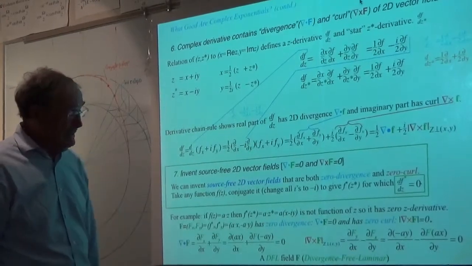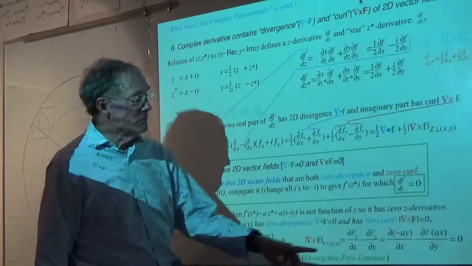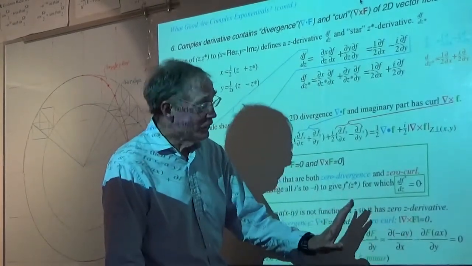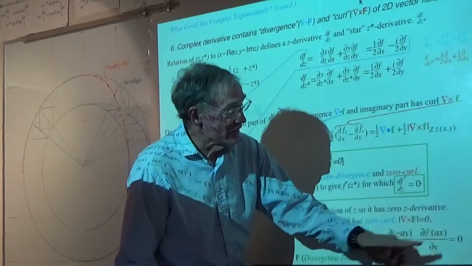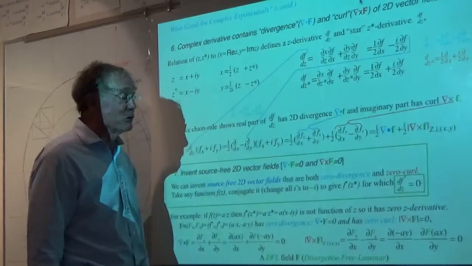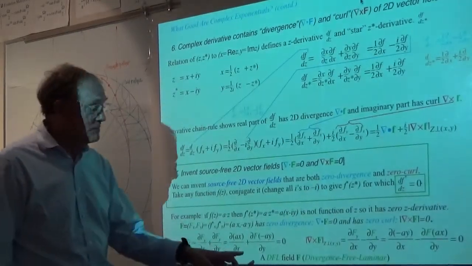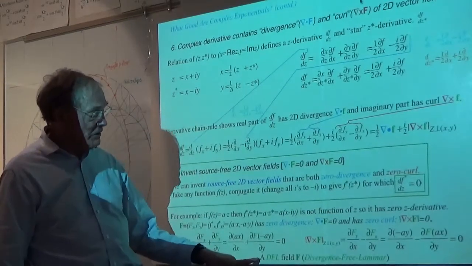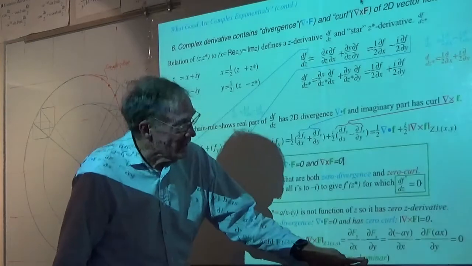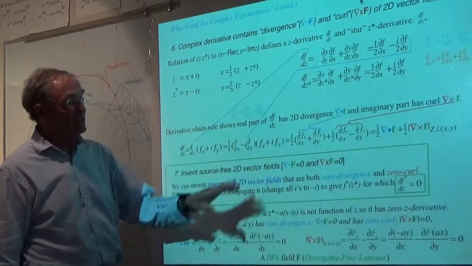a minus a. And then the curl does the same thing. Only this one, both terms are 0. This is partial with respect to x of y, that's 0. Partial of y with respect to x, that's 0. So that's 0 minus 0. That's even zeroer than this one. But the idea is that we make what is called in hydrodynamics a divergence-free laminar field, DFL. All of these fields that we're going to get are DFL.